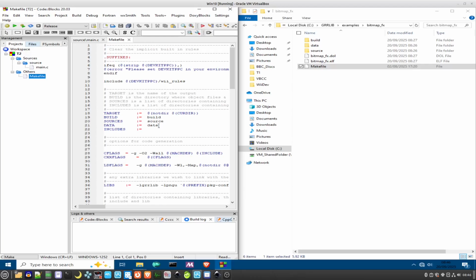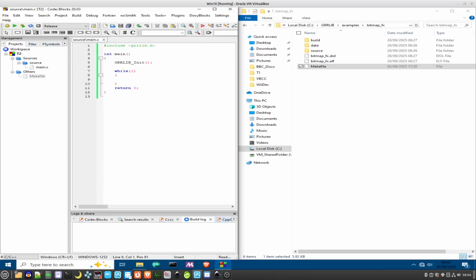And then if you add anything else in here, then obviously make sure that these match. So if you changed your source folder, it's not called source there, it will need to match this here. We don't have a data folder, so don't worry about that. And then let's just make sure this builds. Happy days. So this won't do anything at the moment,